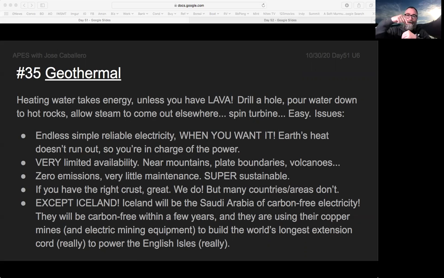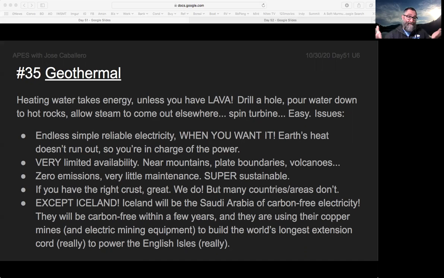You just drill a hole, pour water down, and where that water migrates to something that's hot enough to boil it, it'll allow steam to come out somewhere else. You just put a turbine over the steam and voila. This is the same as like Yellowstone. So water is soaking in somewhere and then it's going poof, so it makes a vent of steam. And so the idea goes, why don't we just make fake geysers? And it's pretty darn exciting